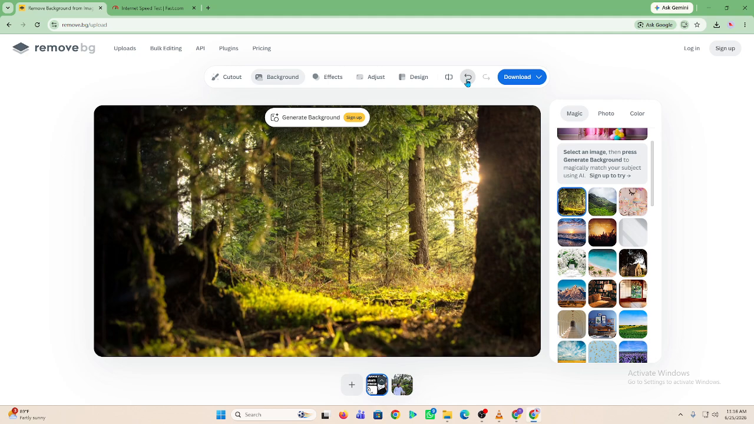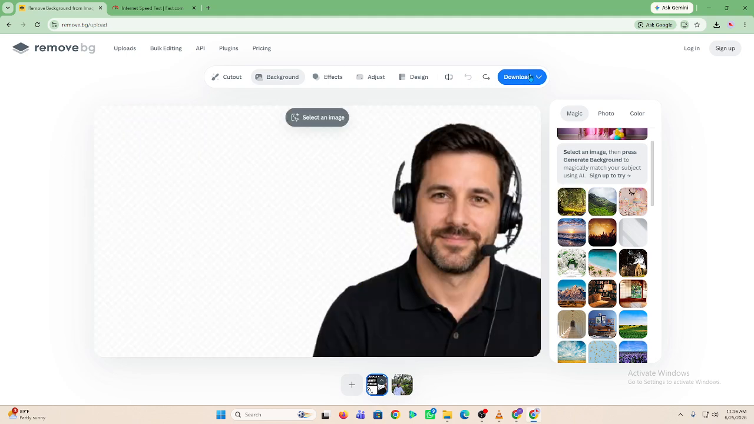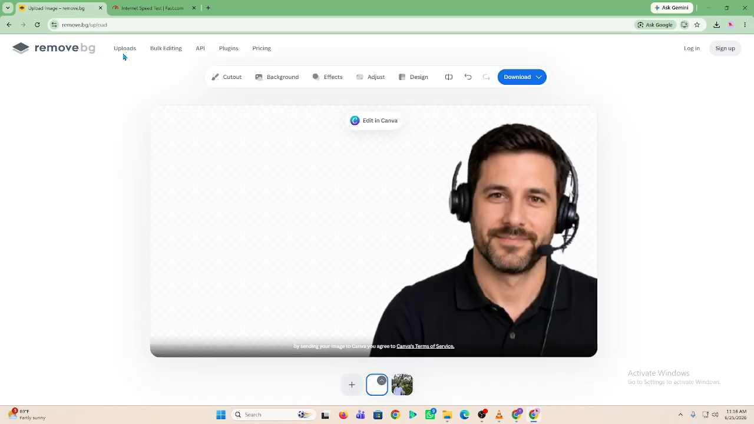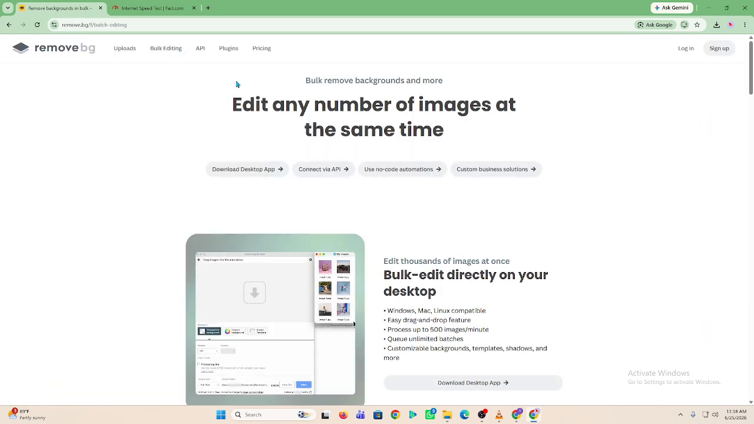For best results, use high-quality images with clear subjects and good lighting. A common mistake is uploading low-quality or blurry images, which reduces accuracy. And that's it. You've successfully learned how to remove backgrounds with